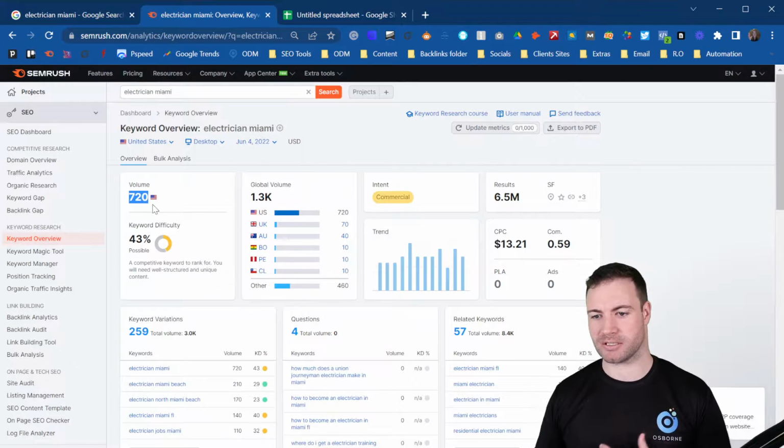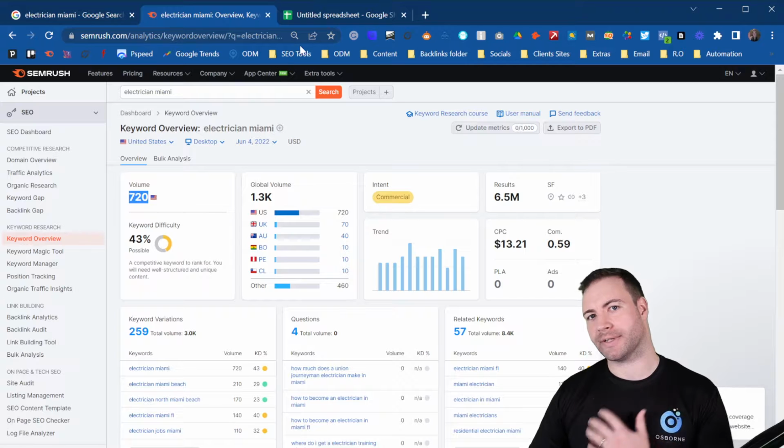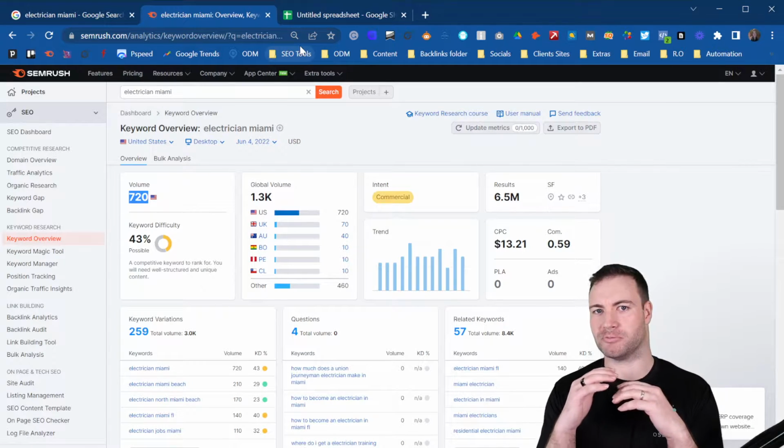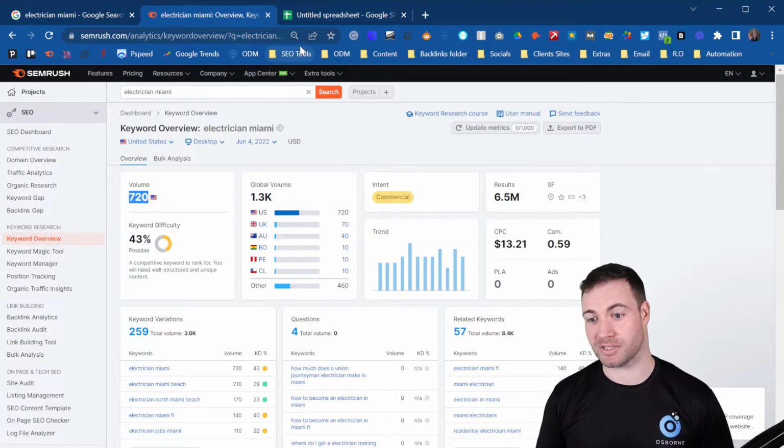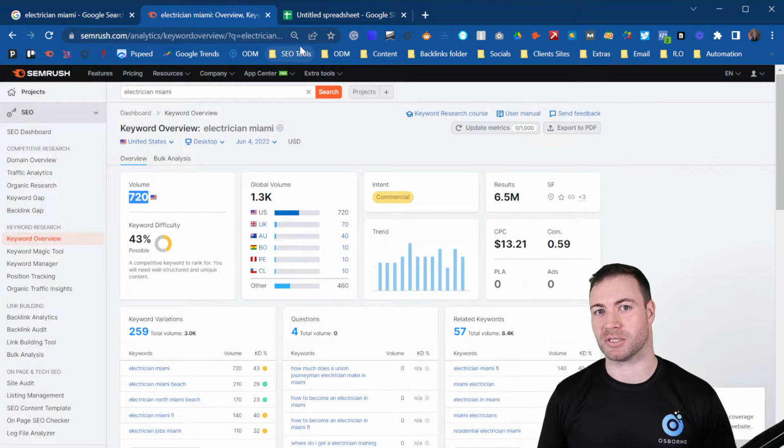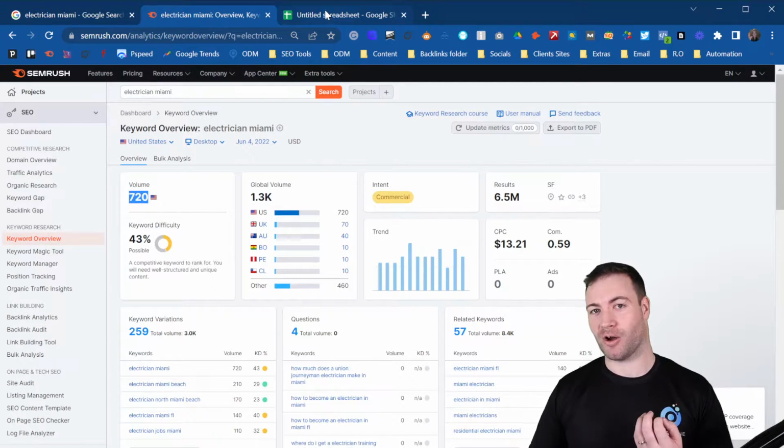So that means that 720 times each month someone is entering electrician Miami. Knowing that 33% of the 720 people are going to click on that individual's website, we can start to ascertain how important ranking and optimizing for this page is.